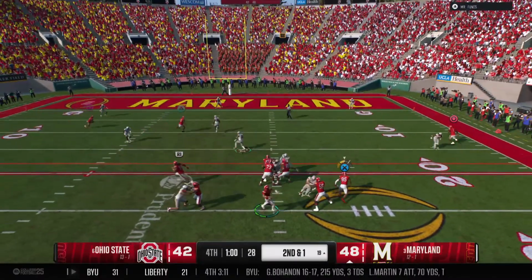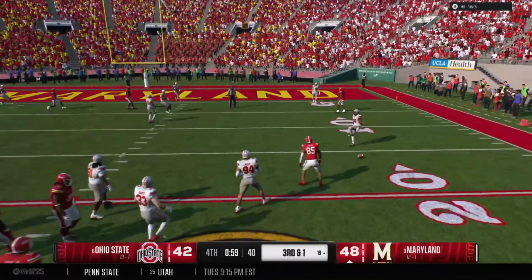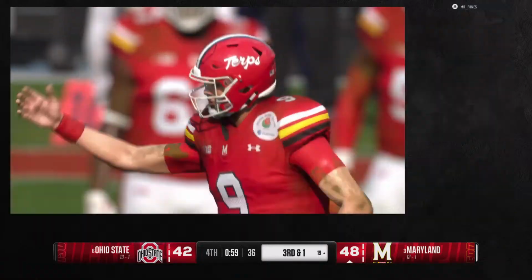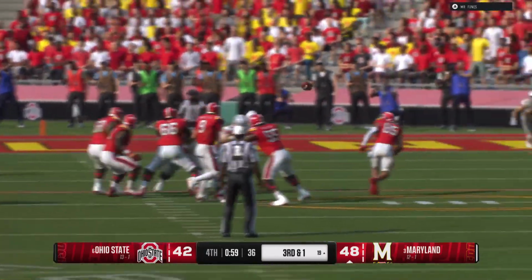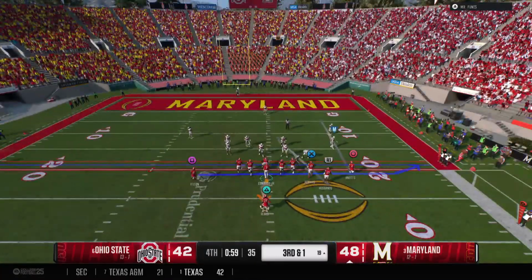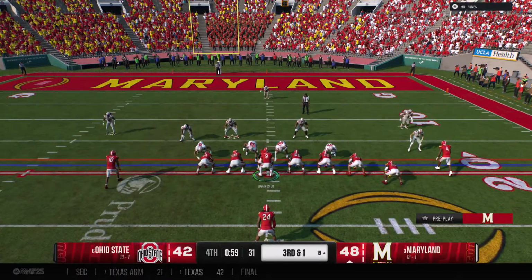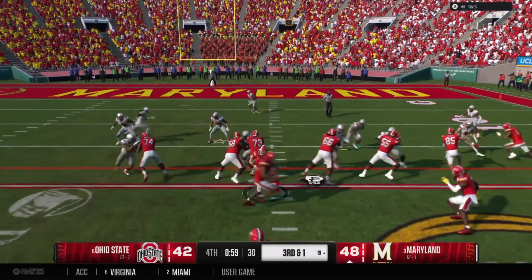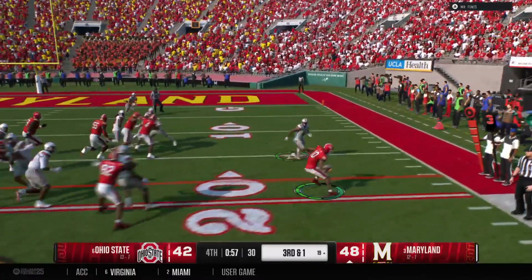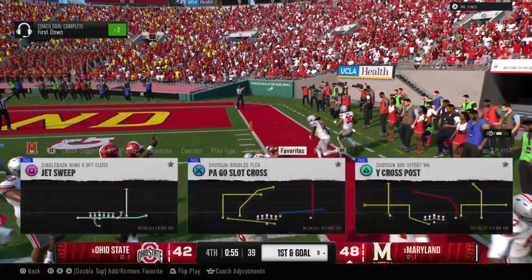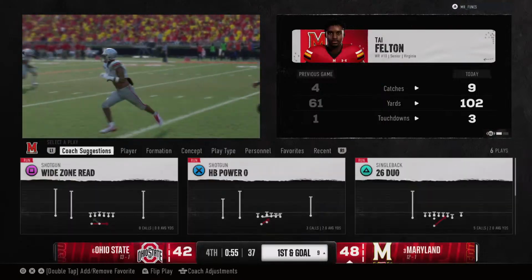Fakes the handoff, looking to throw. And it's incomplete on a very quick throw. After the incompletion, they'll come to the line with 3rd and 1. And the wideout goes in motion. They flip it to him on the jet sweep. That's a big gain before he goes out of bounds. It'll move the sticks, more than enough for a 1st down.